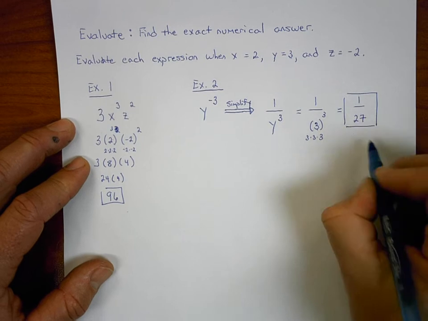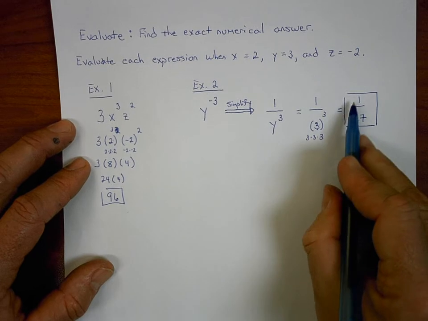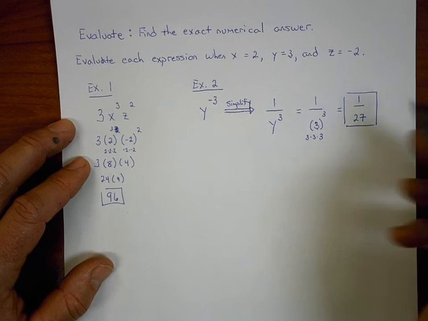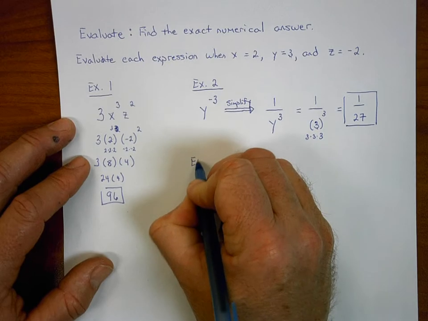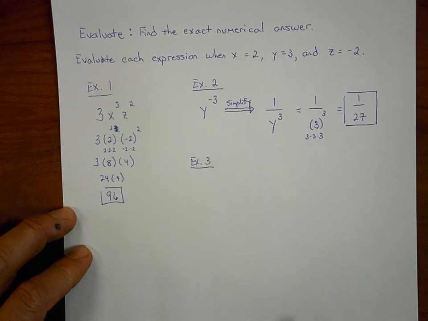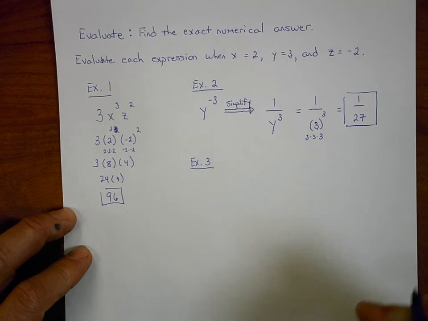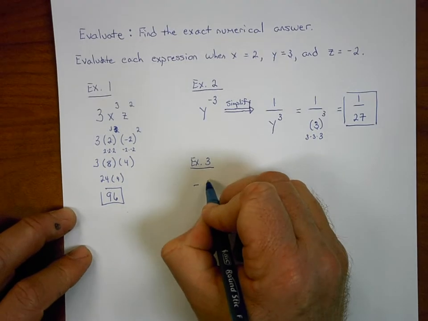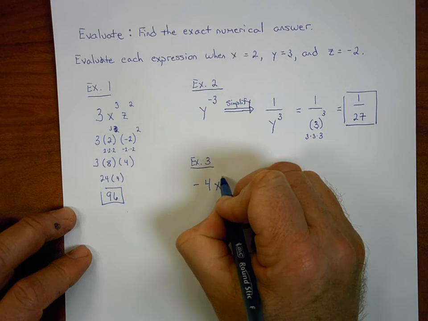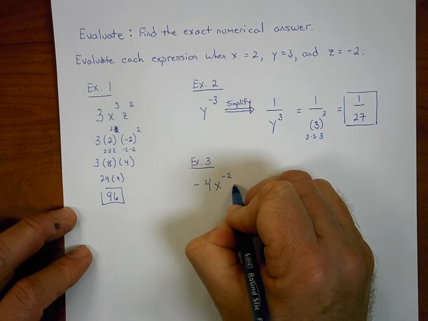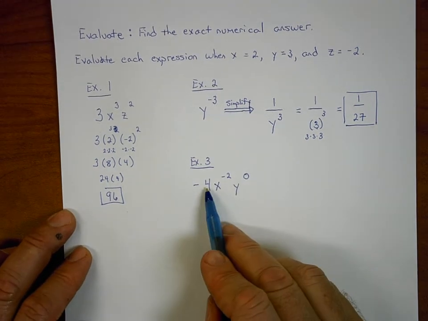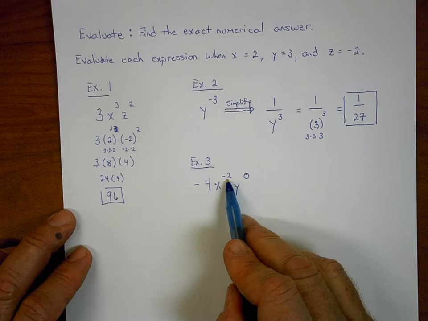Okay, now you can get a fraction, and that's okay. If you do get a fraction and the fraction can be reduced, go ahead and reduce it. Obviously, 1/27ths cannot be reduced. Okay, now the last example, example 3, we're going to look at a problem that involves a negative value and a negative coefficient like -4. We'll have an x with a -2 exponent, and then we'll have a y with a 0 exponent. Okay, so in this problem we have a negative coefficient, we have a negative exponent, and we actually have